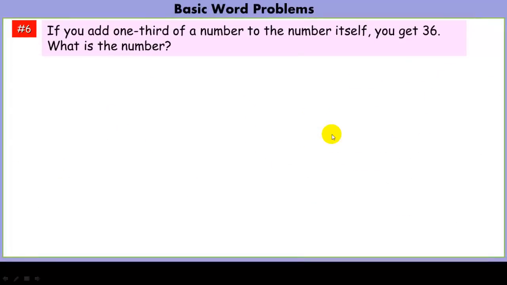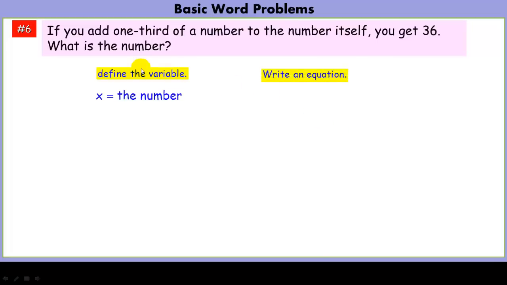And the last one is pretty easy. If you add 1/3 of a number to the number itself, you get 36. What's the number? So when I define my variables, x is the number. Write an equation. Well, it says if you add 1/3 of a number to the number itself, well, adding, here, we'll put a little addition sign. 1/3 of a number to the number, you get 36. Okay? We're going to solve it now